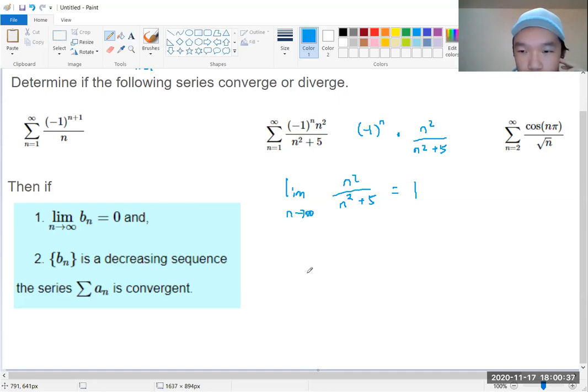Since it doesn't approach 0, it will diverge. Well, the fact that it doesn't approach 0 means that it failed the alternating series test, which in itself doesn't mean that it diverges. So it does go to 1 if you ignore the alternating part, but